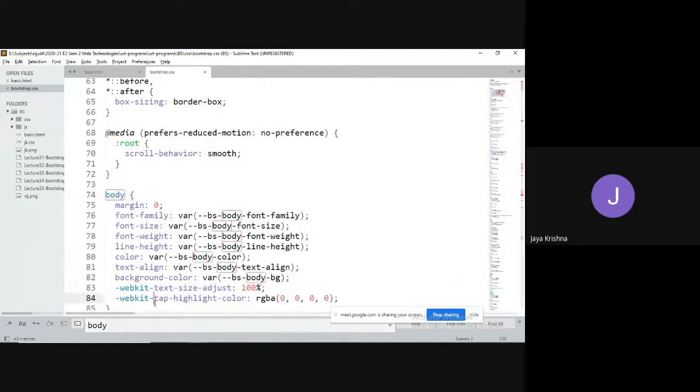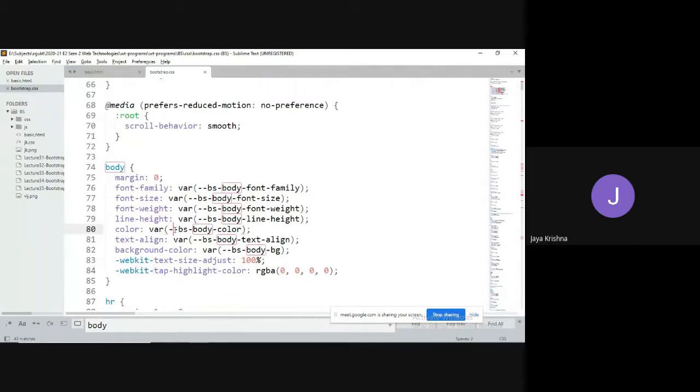This is a body, right? So for this body, I can change the colors. I can do whatever I want. For example,